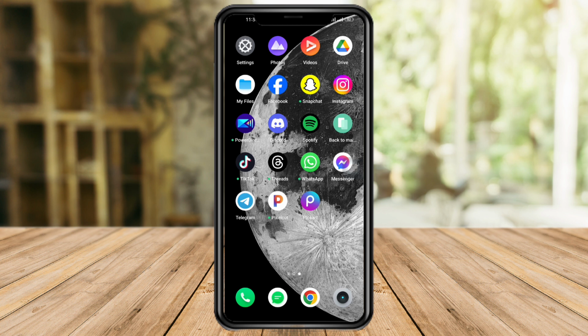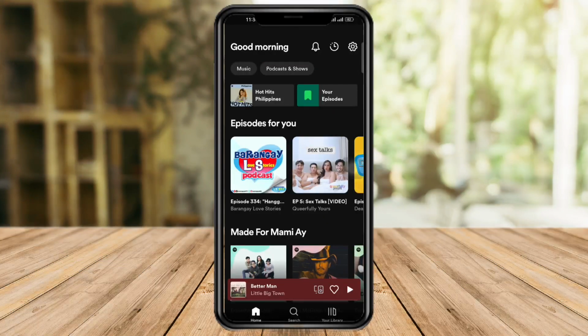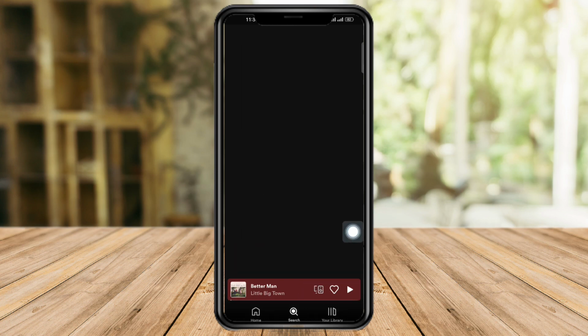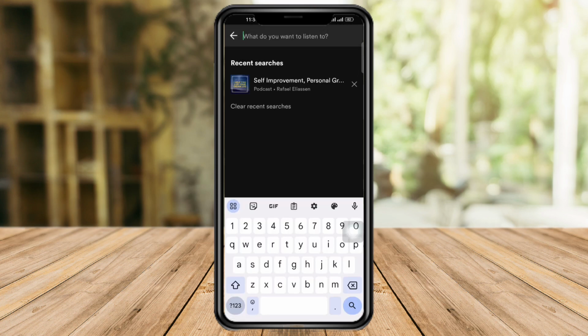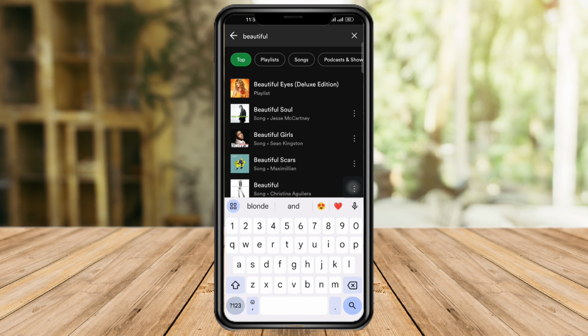So it's actually really easy to do that. In order to do this, we just need to head over to our Spotify app, and then from in there you can see this search icon right here. So just click on the search icon, and then from in there you can just search for a song that you want. So for example, let's search in here for Beautiful,